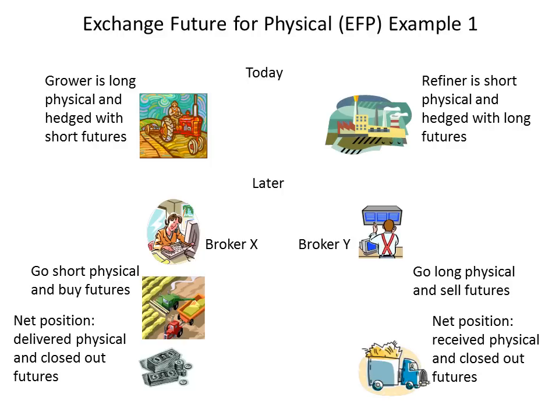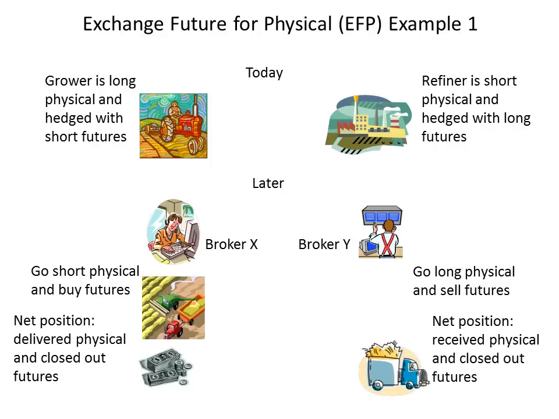So just to summarize, an exchange future for physical is a convenient way in which participants in the underlying market who may already have an existing futures position can enter into an agreement where they can do the physical transaction between themselves and at the same time orchestrate a situation where they can close out the future in a pre-arranged trade. Of course, they have to inform the exchange where the futures contract was originally conducted of their transaction,